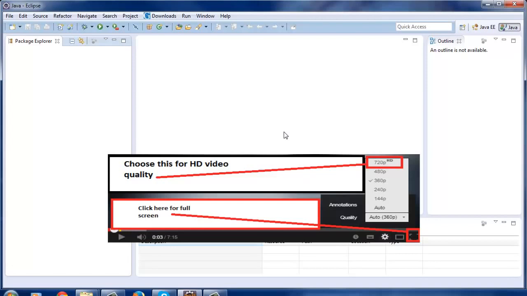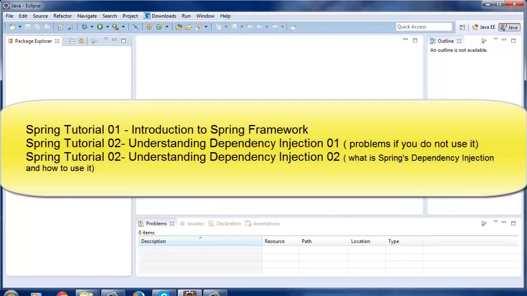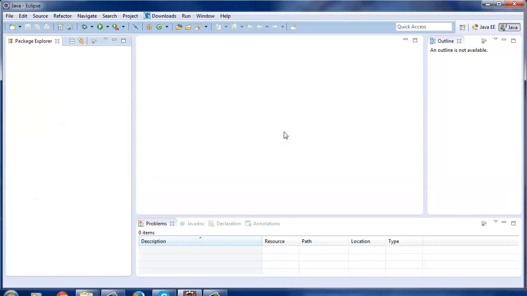In the earlier tutorials, we saw the complete introduction to Spring Framework. We saw dependency injection concept with a real-life analogy. Now is the time to get our hands dirty with some hands-on demos. So in this tutorial, I'm going to set up the Eclipse IDE with the necessary jars to create our first